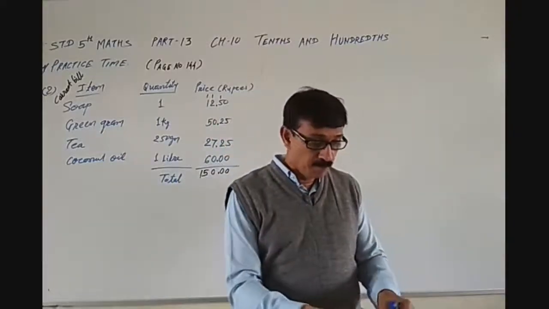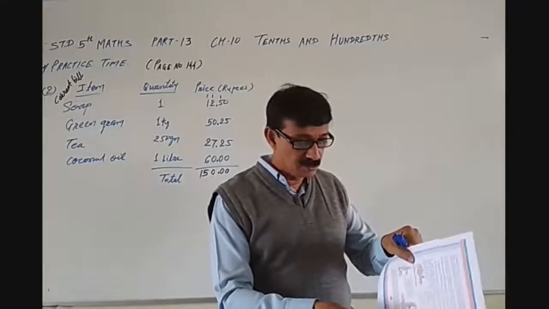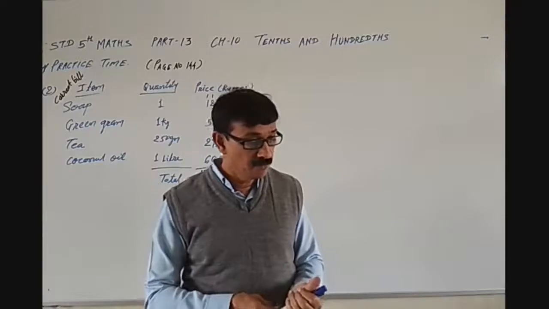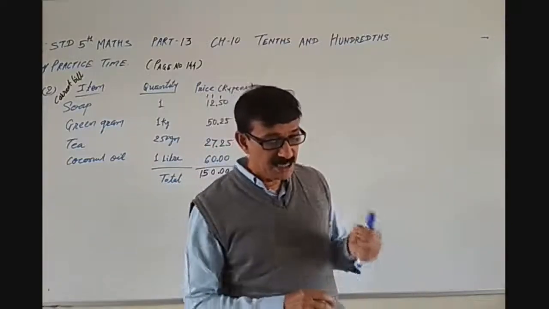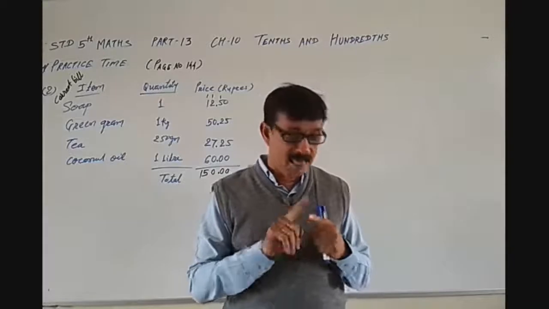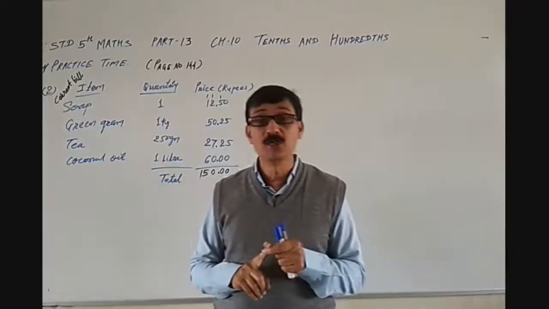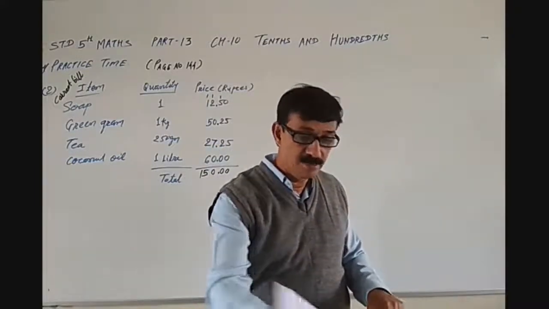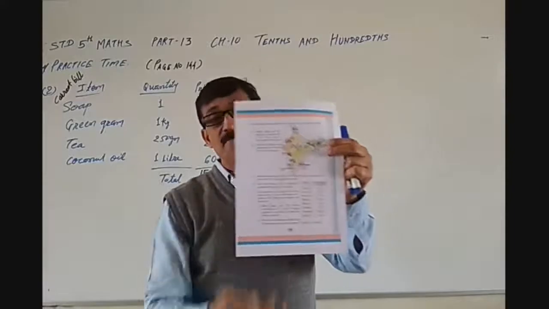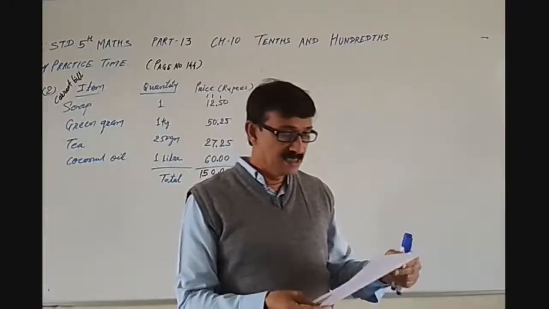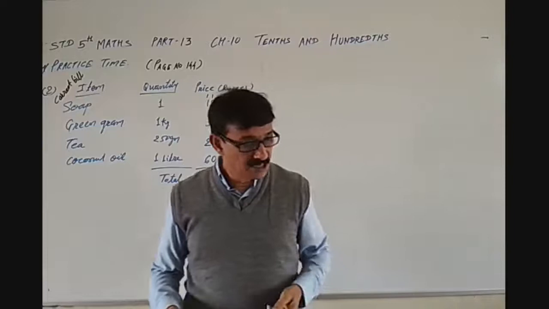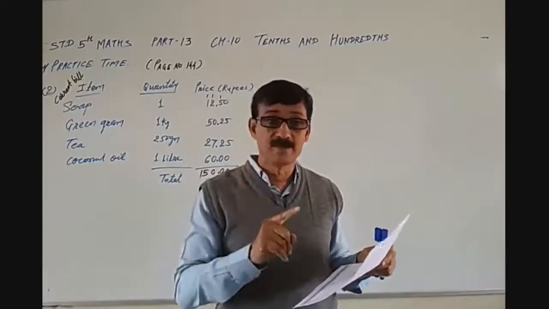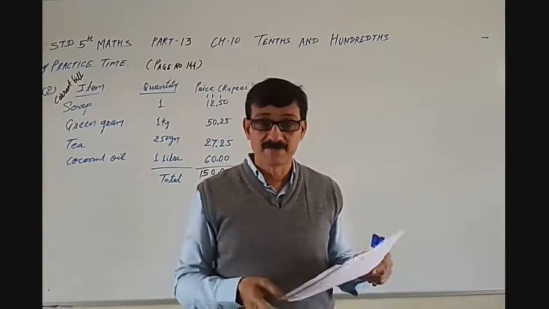Okay, so now let's go to the next page, page number 145. The temperature in each city was noted at 3 p.m. on 16th January 2008. You can see the map of India here, and you can see the names of many cities and the temperature there at 3 p.m., that is 3 o'clock in the afternoon.